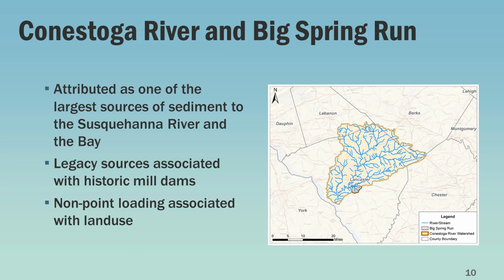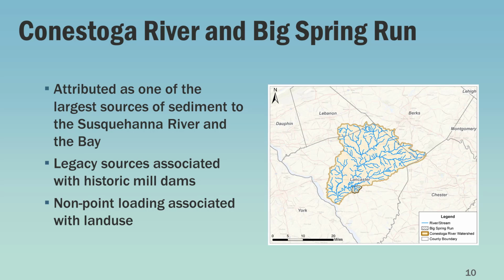So that brings us to the focus area of the study. The focus area is the Conestoga River watershed, primarily located in Lancaster County in the state of Pennsylvania. A 2007 USGS report suggests that some of the highest sediment yields to the Susquehanna River, which the Conestoga River is a tributary to, were from the Conestoga, and identified agriculture as a likely contributing source. However, from the previous slides, we see that, in all watershed studies, legacy sources are also important in this